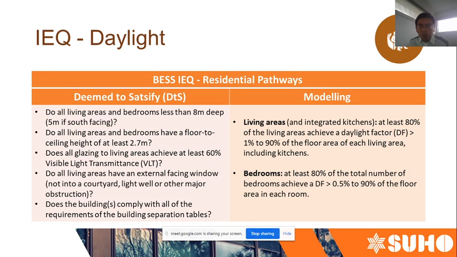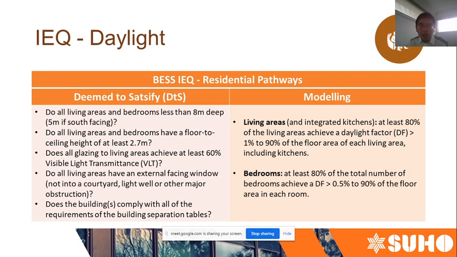So now let's talk about daylight. We start with residential first. So in the BESS IEQ assessment for daylight, for residential, there are 2 pathways. One is the deemed to satisfy pathway, another one is the modeling pathway. In the deemed to satisfy pathway, there are 5 criteria. If you meet all these 5 criteria, then your development, your building will be deemed to have good performance in terms